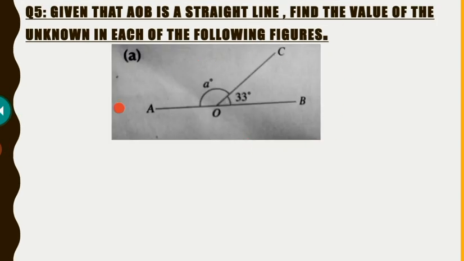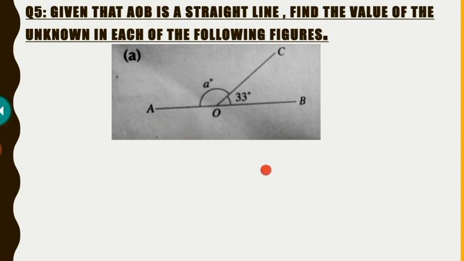In part A, we have this figure. In this figure, AOB is a straight line. There are two angles. One is 33 degrees and the other one is a degrees. Okay, so we have to find the value of a degrees. As we know very well, angle A and angle B together are equal to 180 degrees. We discussed this in the previous lecture. Okay,